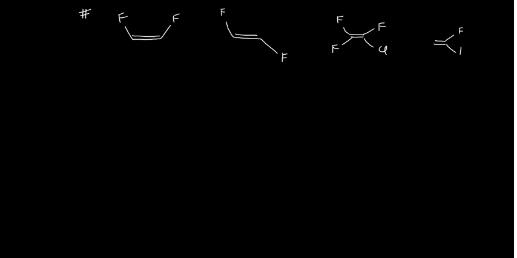Say you have been given these species, right? So this is the fluorine here, this is the fluorine here, and this is the double bond. The first species and the second species are just like that. I am putting the fluorine here, and again I am putting the fluorine here. And we have the third species, which has the fluorine here, again the fluorine here, again the fluorine here and the chlorine here. Another species, and your last species is this one. You have this fluorine here and this fluorine here.